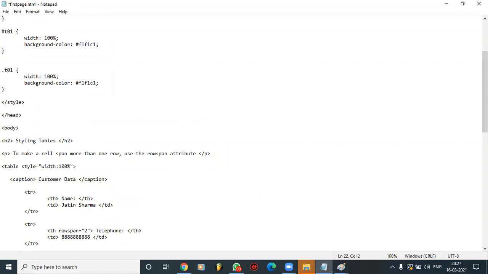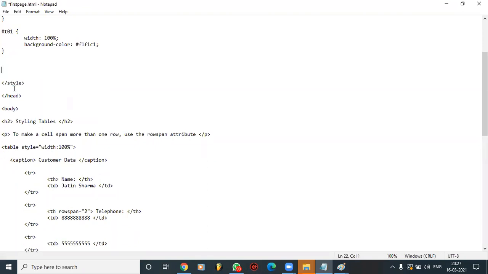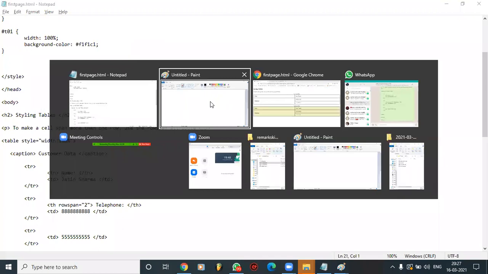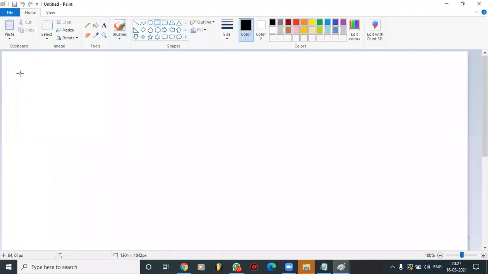If you are using period, then we are creating a class. And if you are using a hashtag, we are creating an ID. So these are the things that we already use in the code. Now the task is